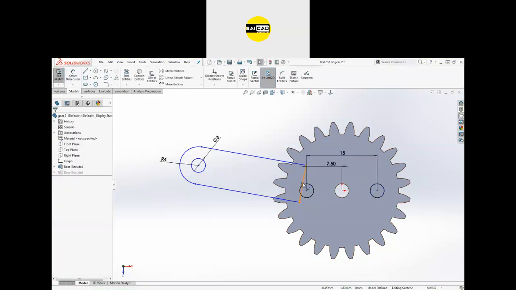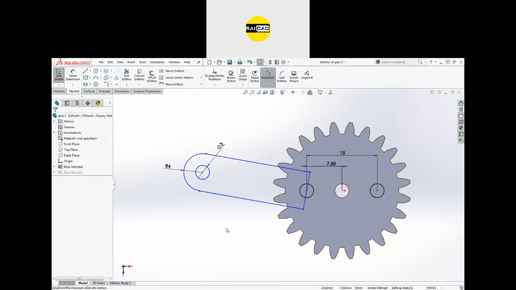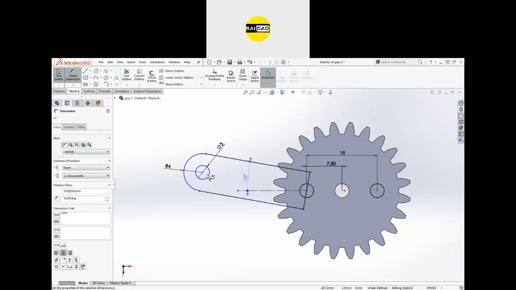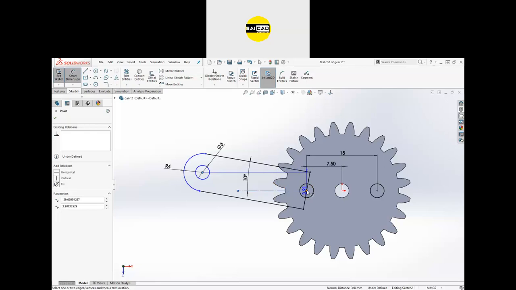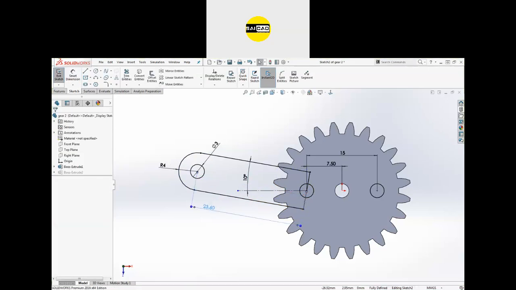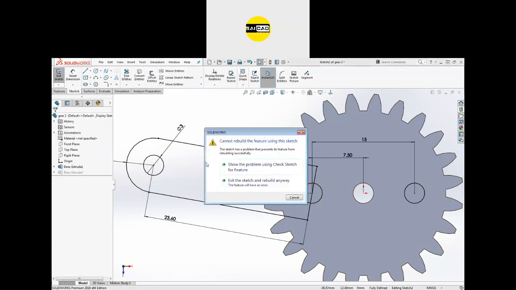So now this object center is coincident on this one, so we can just do that and create a line from here and define the angle to any line like this one. This would be 10 degrees, and we have the distance from here to this location. We need that to be aligned, and that should be 23 points like that. You can just move it now. So here is the shape that we need. Okay, we need to delete that, and we need to add that. Exit out. Okay, just exit the sketch and rebuild.